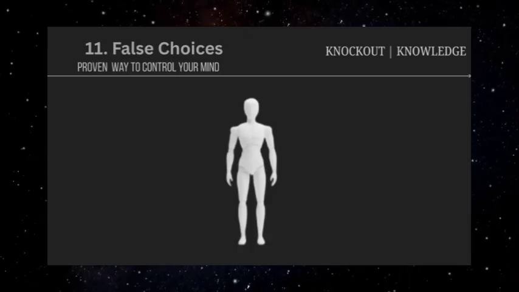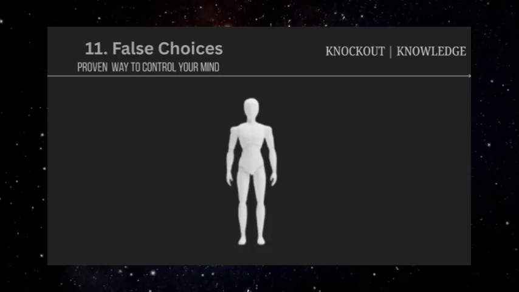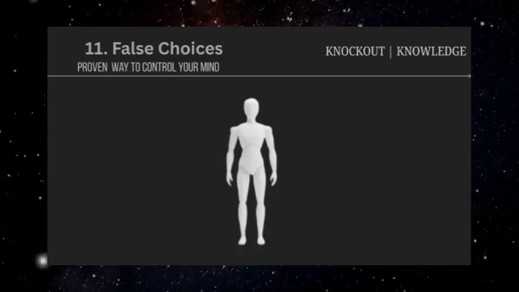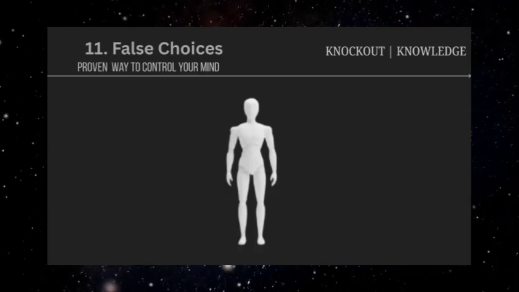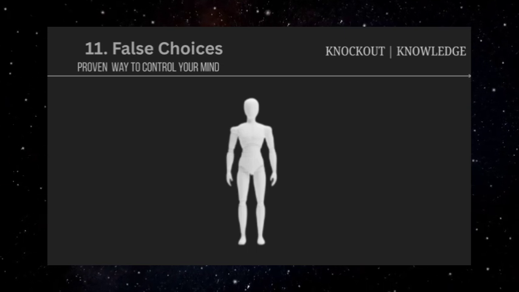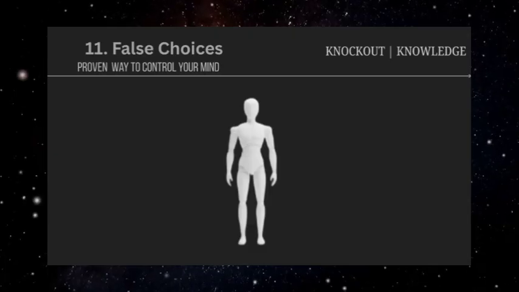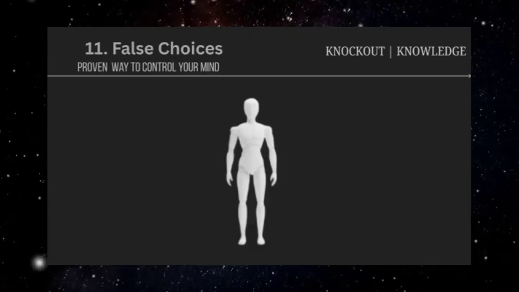Parental manipulation often relies on false choices to maintain control while appearing to offer autonomy. "Do you want to clean your room now or after dinner?" presents the illusion of choice while ensuring the room gets cleaned. While this might be reasonable in a parent-child relationship, the same pattern becomes problematic when used to manipulate adults.